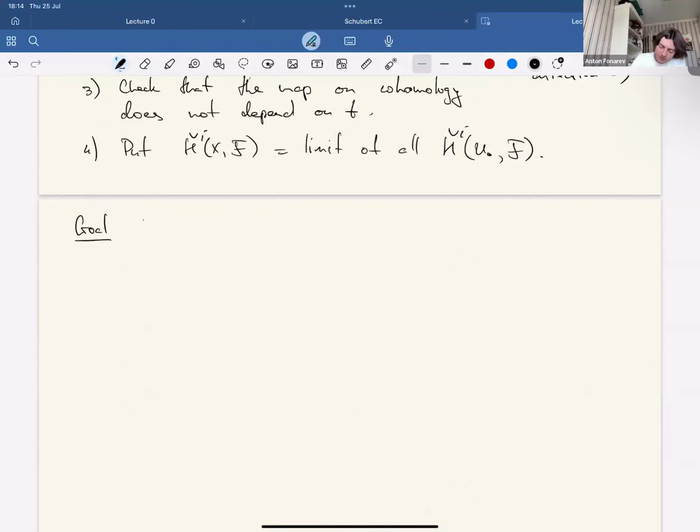Our goal is to show that if X is Noetherian, separated, and any variety is such, so the only thing that you are asking for is the intersection of two affine open subsets to be affine again, and this is what separated implies. Then